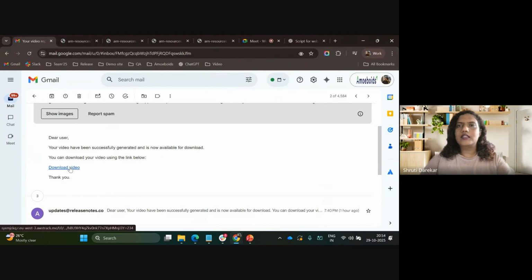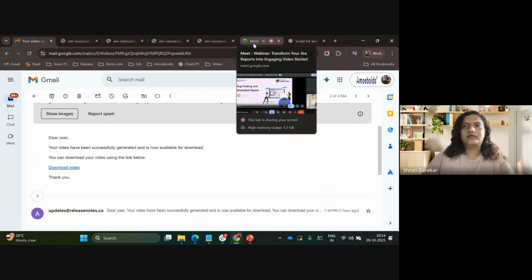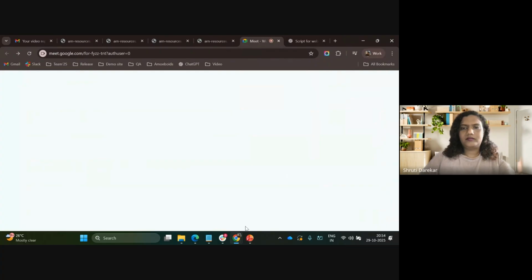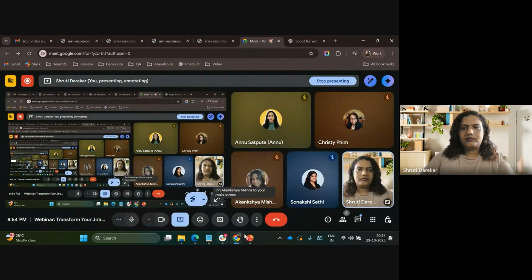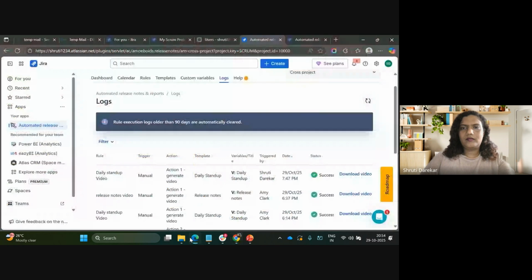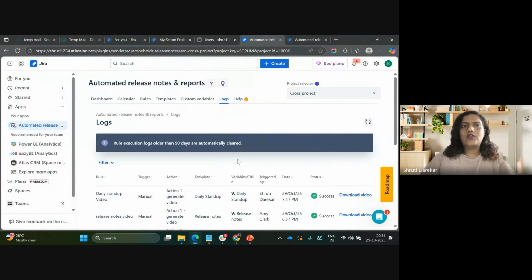So all the receivers that you have selected in the send to option, they will receive a similar kind of link from where they can download it. And from here, if you want to send it to other stakeholders, you can also send it to other stakeholders as well. So this is how you can create and send your automated video reports.